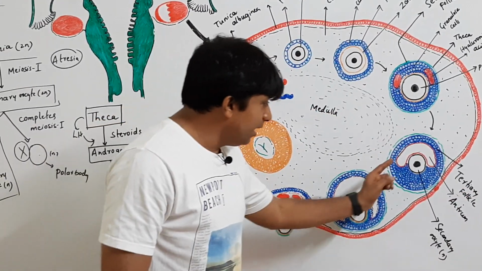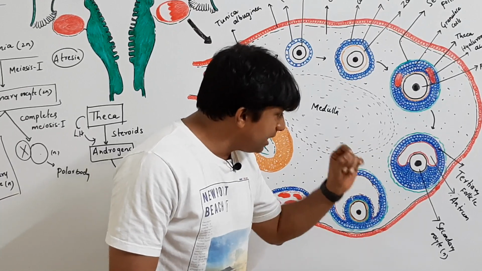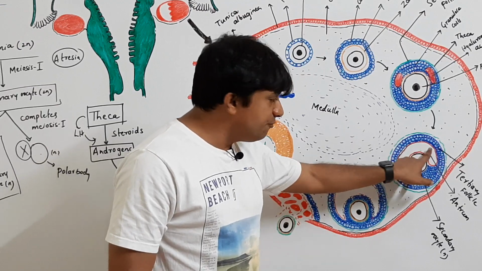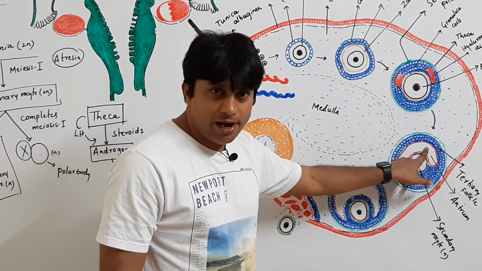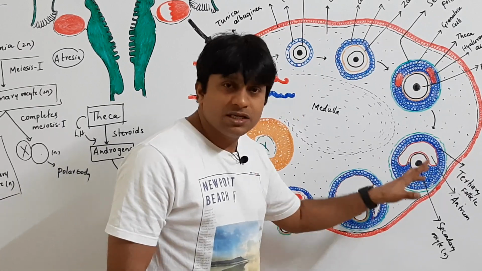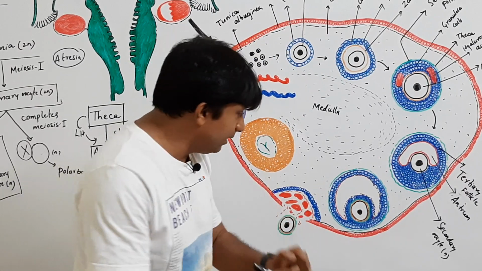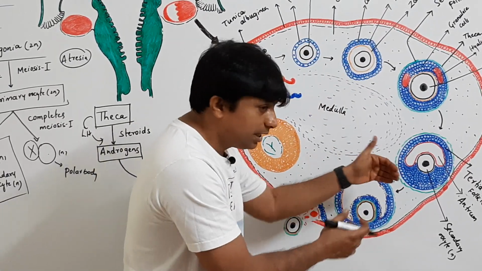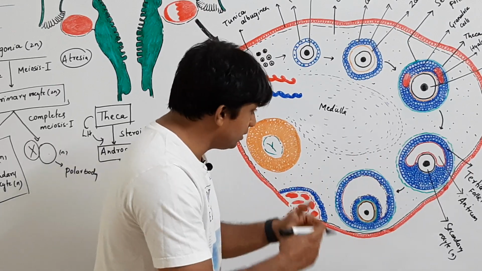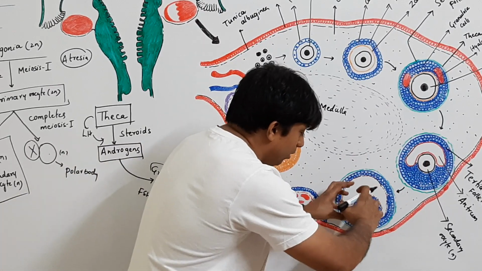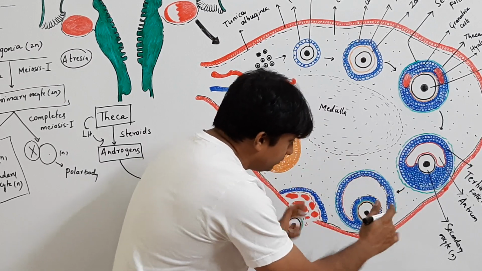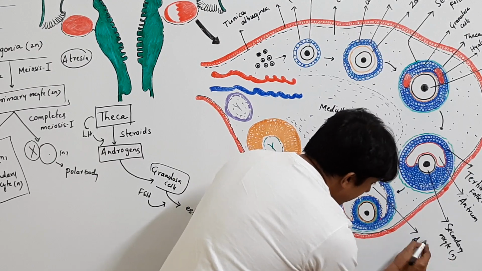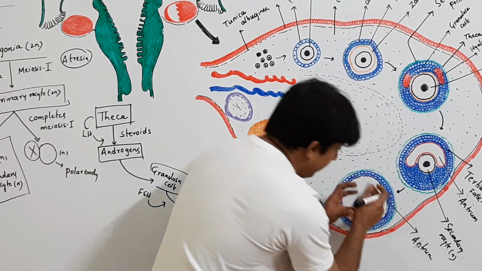Now, a tertiary follicle encloses secondary oocyte, and it is characterized by the presence of antrum with liquor folliculi and with several granulosa cells. Clear? Fine. Next, the tertiary follicle keeps undergoing changes. What is it? In tertiary follicle, the cavity called antrum keeps expanding. It enlarges. Antrum enlarges.